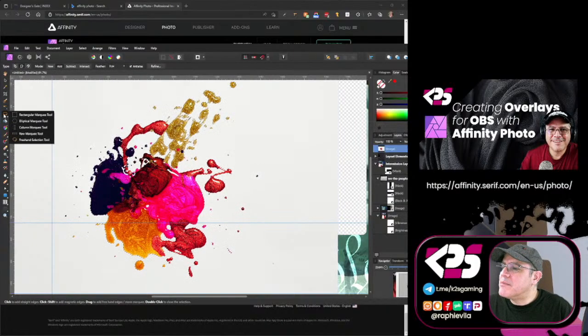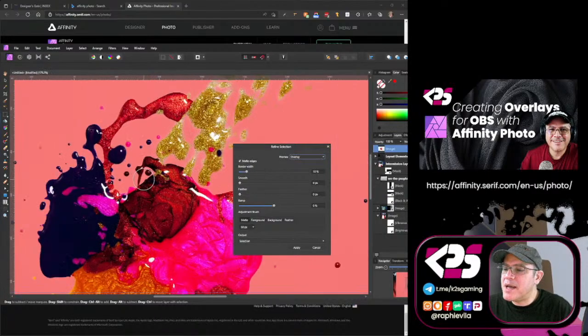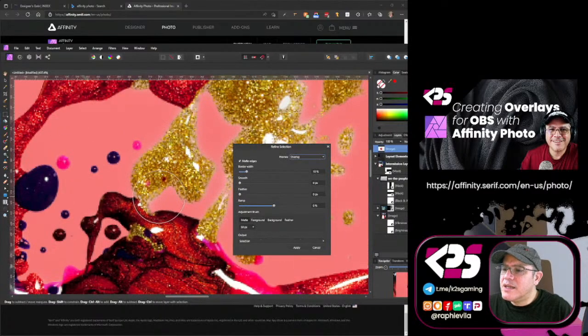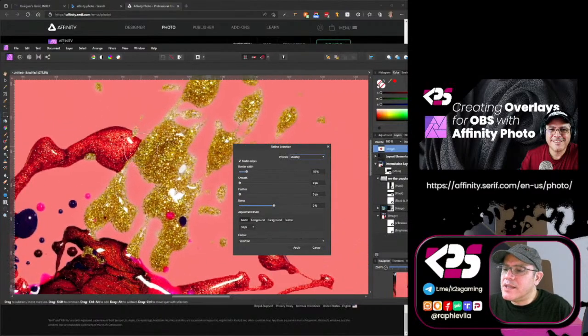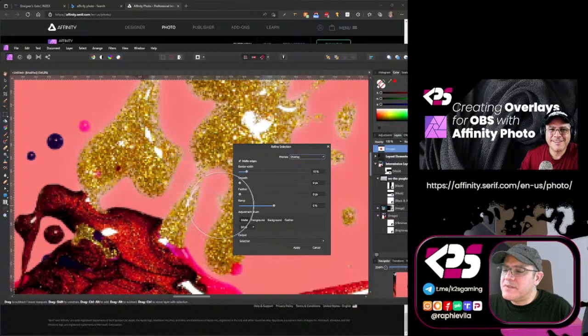with the marquee tool or whatever selection tool, you have this that says refine, and now you have something similar to Photoshop where you can see the mask how it's working. And right now this is trying to refine it, but it went out a little bit, and I don't like that. If you have hair, you can paint and it will try to grab stuff that does not belong to the hair. And now I'm gonna ramp it down a little bit so it doesn't select much of the outside. It's better if it eats up a little bit of the inside,